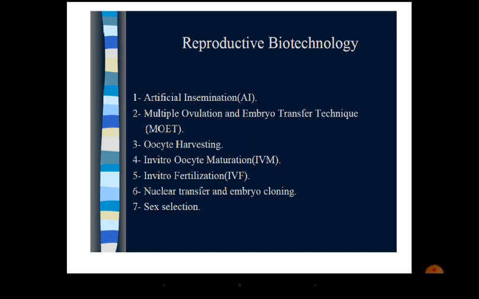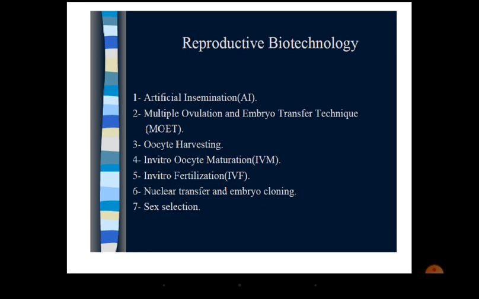Or even you can say 6000 rupees more for additional 3 cows. So at that point also it is an advantage, cost effective. So you can think of that technology also, it is available. Just like any AI technique, this sexed semen technique is also available for the farmers. MOET and others are available only in selected farms.